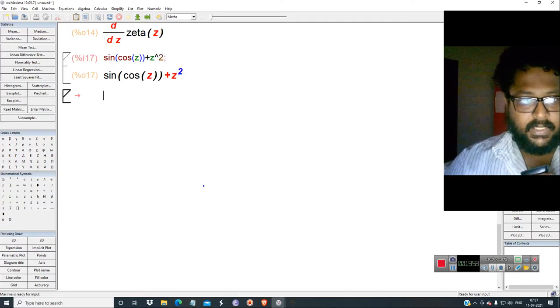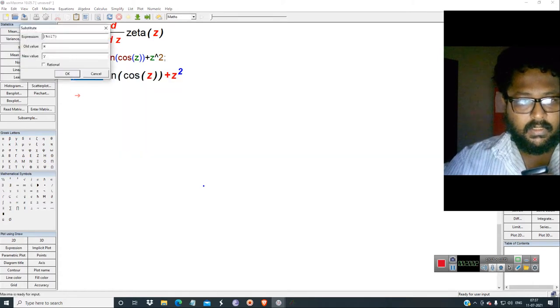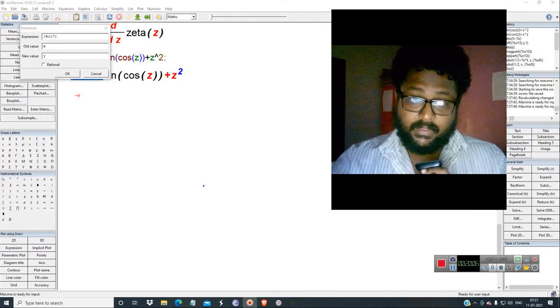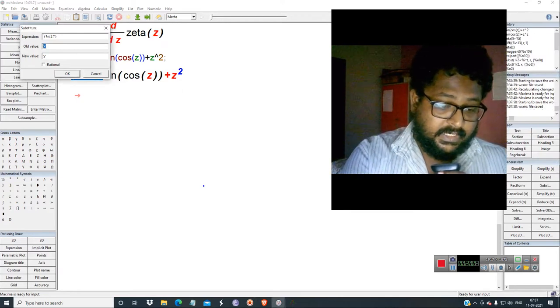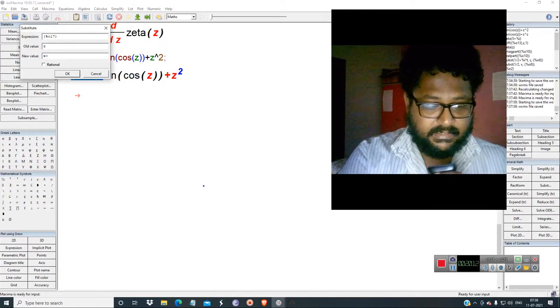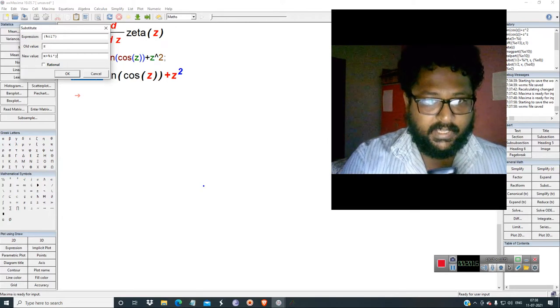Now I am substituting for z. This doesn't have any connection with the Riemann hypothesis, but it may have, because every function has a prime inside it. So z equals x plus i times y.